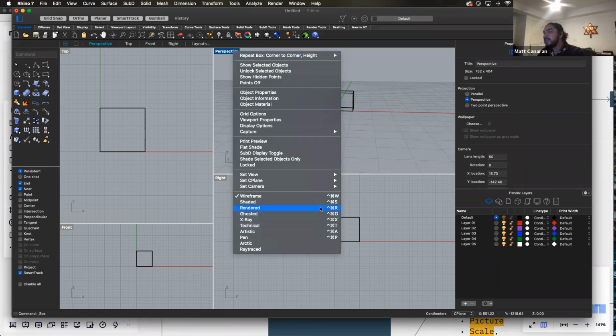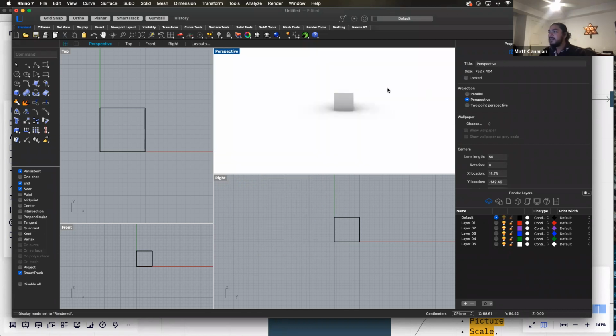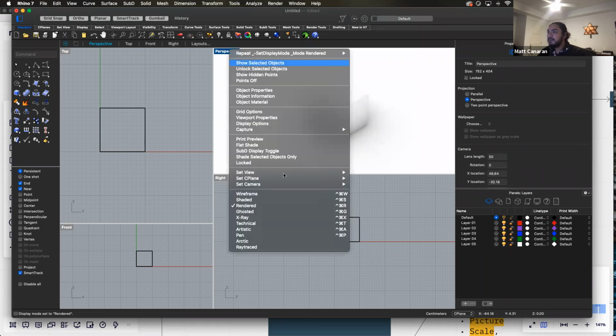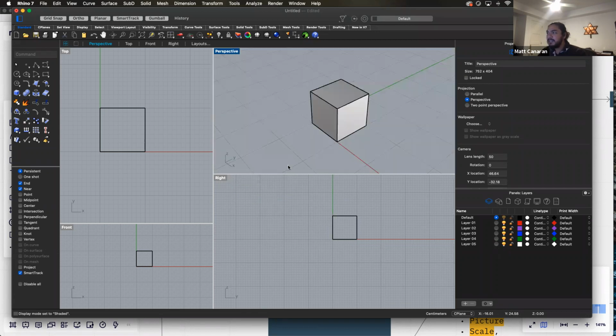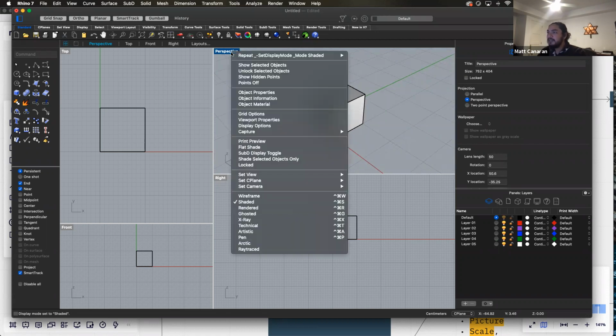I like to work, especially with simpler models, directly in rendered so that you can see how your objects are forming as you create them. But that takes up a lot of computer power. You can always just use things like shaded for more simple objects. But for now, let's stick with